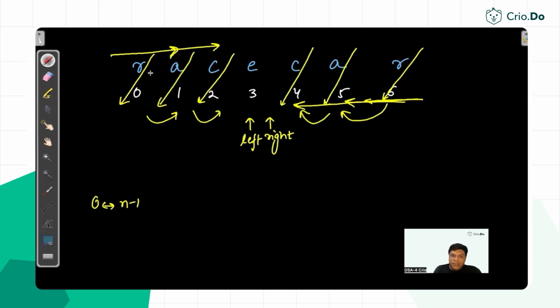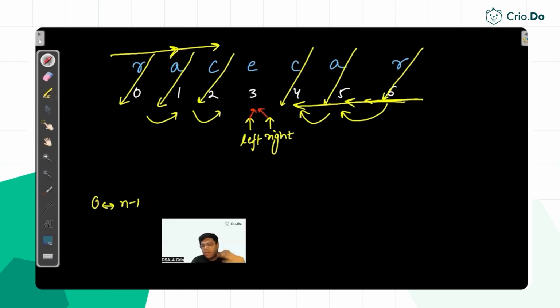So actually, if half of the string on the left is equivalent to half of the string on the right in the opposite direction, you no longer need to compare the remaining points, because obviously if RAC is the same as RAC, you can also say ECAR will be the same as ECAR. Obviously they will be the same, because at this point we are just going to iterate over the remaining characters again, just in opposite directions. So at the point when left has reached the same index as right, we can